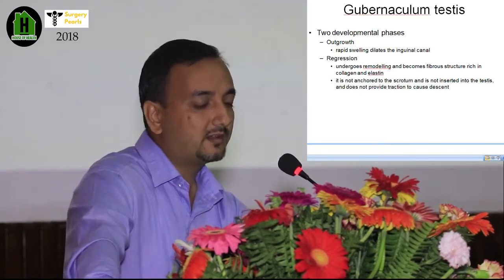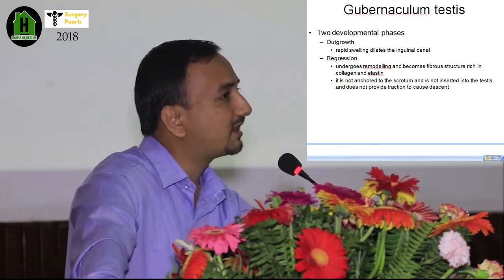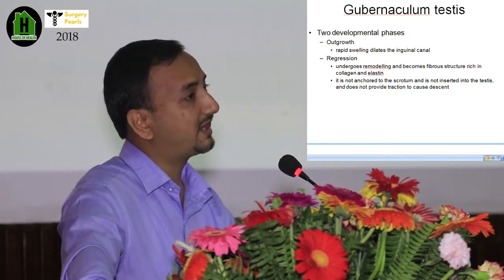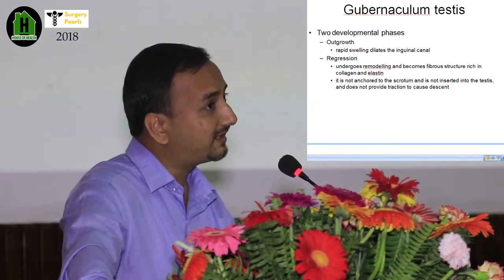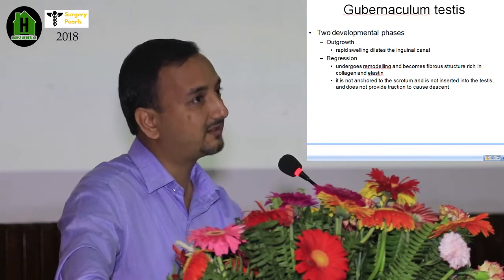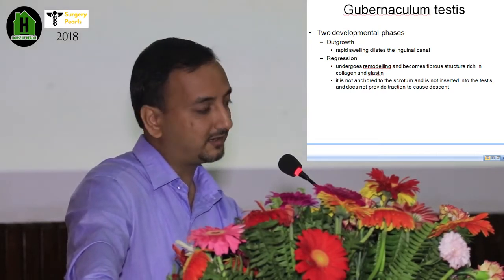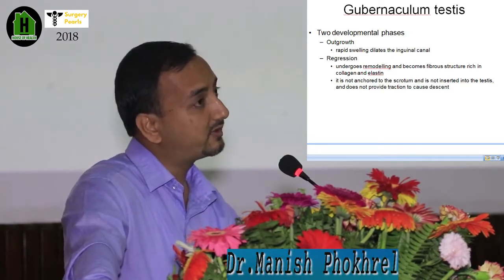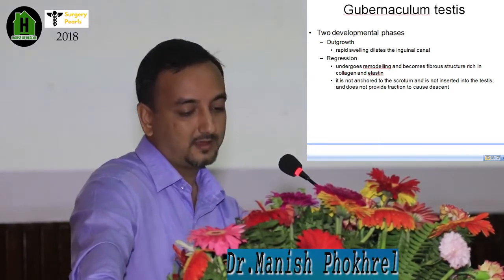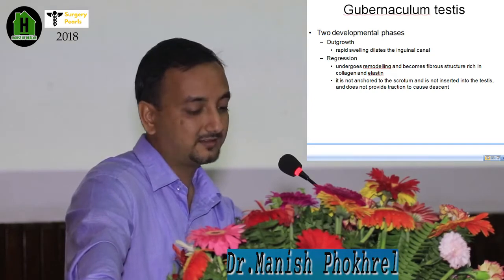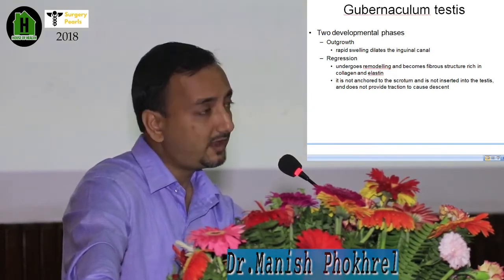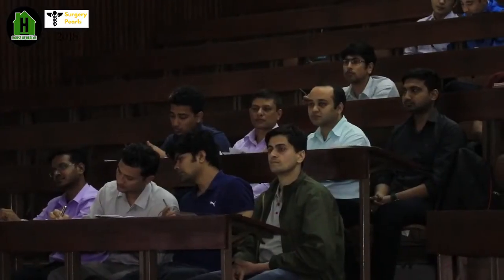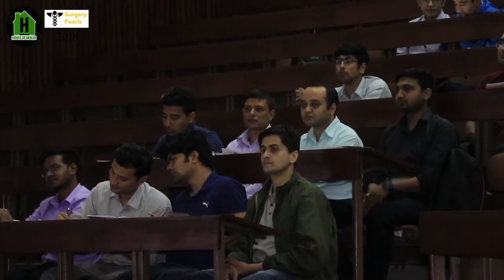So there are 2 developmental phases of the gubernaculum testis. One is the outgrowth, in which there is rapid swelling of the gubernaculum, and that dilates the inguinal canal and makes it ready for the testicular descent. And the other phase is regression. In this phase, the gubernaculum undergoes remodeling, and then it becomes a fibrous structure that is rich in collagen and elastin. And as I just said, it is not anchored to the scrotum, and it doesn't provide any traction